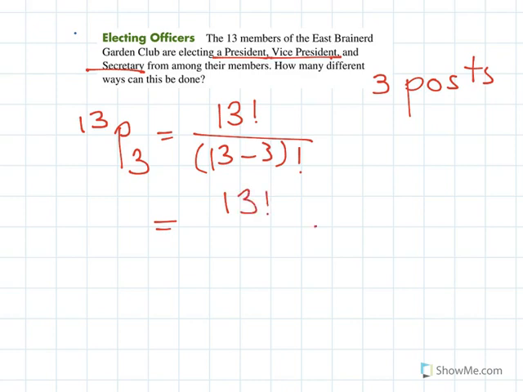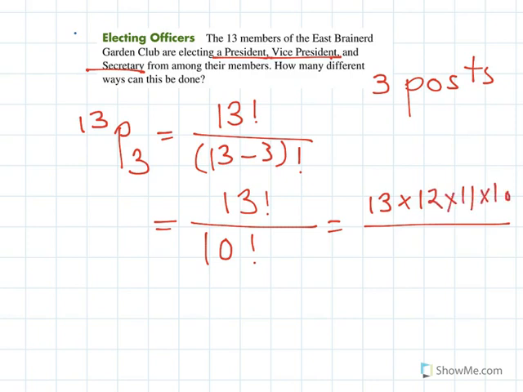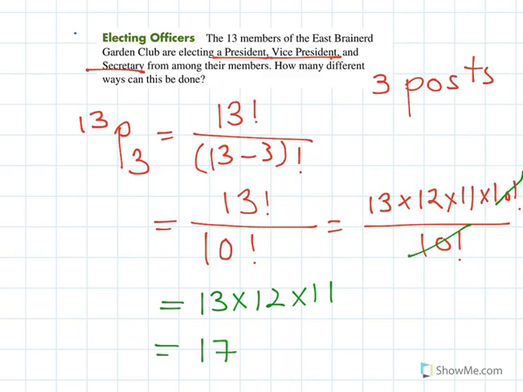So you're going to end up with 13 factorial over 10 factorial, which, if you want to do it by hand, just as revision, will be 13 times 12 times 11 times 10 factorial over 10 factorial. Of course, I'm doing this to eliminate the 10 factorial, so the answer becomes 13 times 12 times 11,